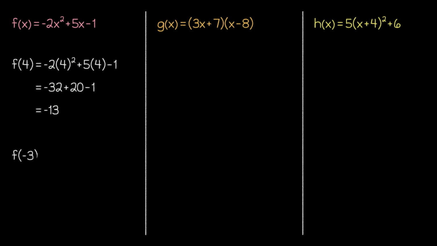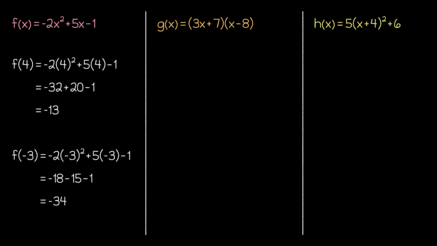Let's do one more evaluation with this function, and as we do so, you'll eventually see that the first term still has a negative value, like it did in the first evaluation. This is because we're squaring the -3, which means that we take -3 times -3, which is +9. Then we multiply that by -2, which gets us -18. Basically, when we multiply by several negative numbers in a row, our results alternate between being positive and negative. So we need to be mindful of keeping close track of the sign of the resulting expression.